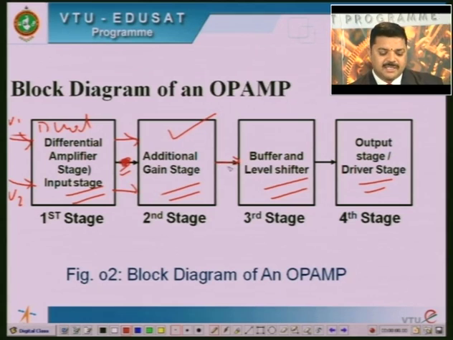That means it is a dual input unbalanced output. So what is that differential amplifier, the first stage? Dual input balanced output differential amplifier. Dual input balanced output means two inputs will be there, dual, and two outputs will be there, right. So these two outputs are called balanced output. So the dual input balanced output differential amplifier stage is the first stage, which amplifies the difference signals between V1 and